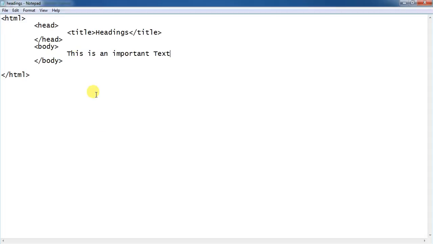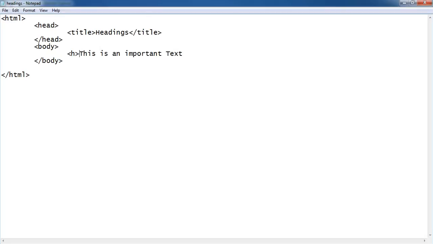Now here I want to make this particular text a specific one. For that, HTML supports some tags called heading tags. As I think this particular text is most important to me, I will use a tag called the h tag. This h tag cannot be used individually.